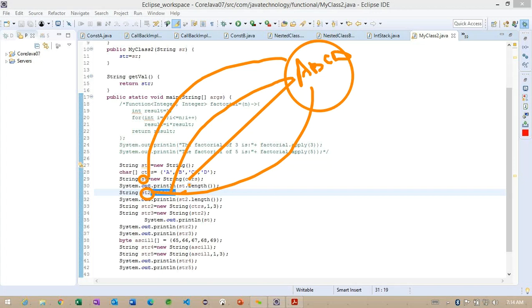But here is the difference between the literal and the new constructor internally. With the constructor, it creates the object the same way we created earlier, using the new operator to create a string object here. Getting the point. But the difference is this important concept called the string pool.